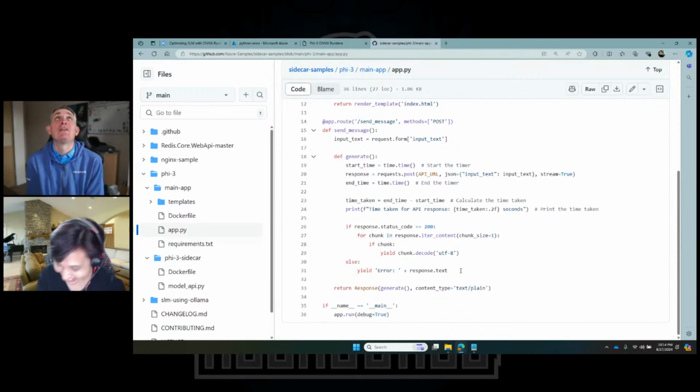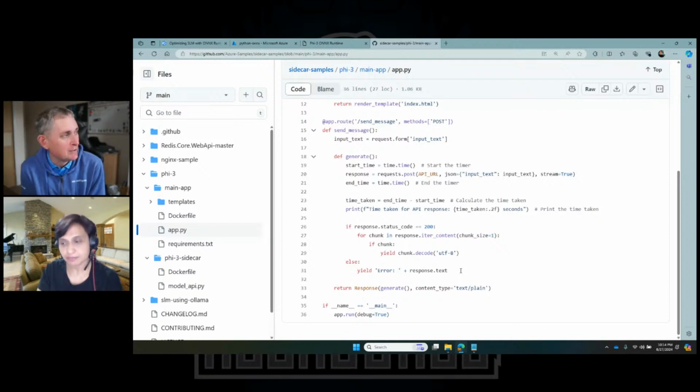Brilliant. I was just thinking out loud there about potentially running WordPress as a main app and then having sidecar containers. That might be an interesting one. Yeah, and that's another scenario that we are looking at. So right now we do have a WordPress offering. If you go to Azure App Service, you can create a new WordPress site. That's an image that we have really worked hard on making sure that it is optimized.